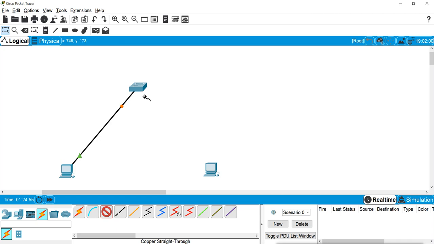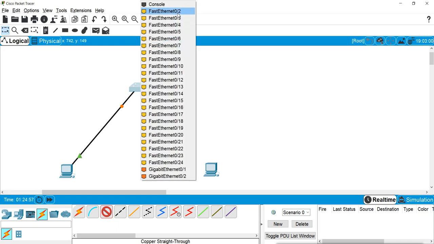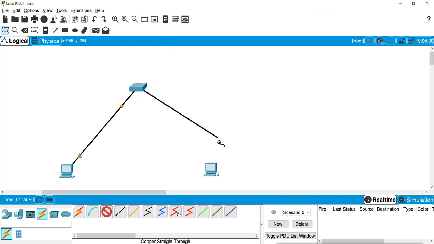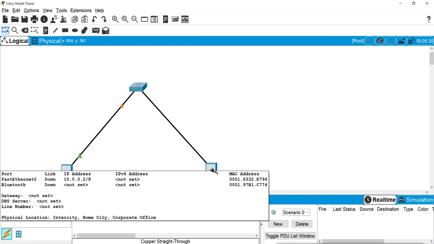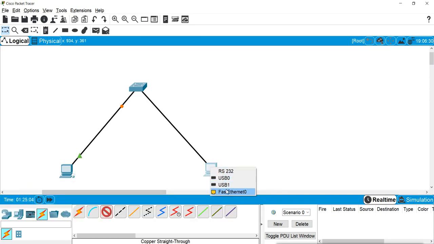Now I will connect this port, on which I have enabled PortFast. Now you see how quickly it will get enabled. As soon as I connect, it is enabled now. And this one which I connected first is still waiting. Why? Because I have not enabled PortFast on this port. I have enabled PortFast on this port.